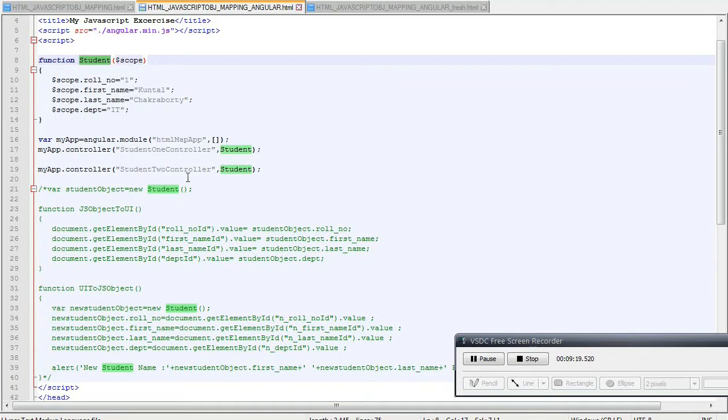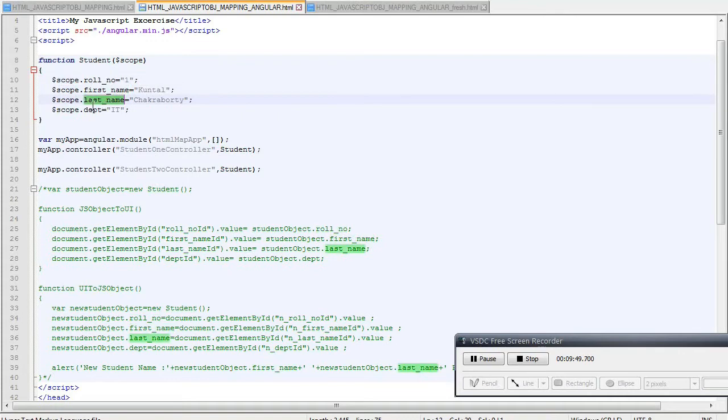So inside this it has one scope. Each controller has a scope. This scope is under the ng-app, meaning the main app's root scope. Under the main app's root scope we have a scope for all the controllers. So for student1 controller also we have a scope. So inside that scope,